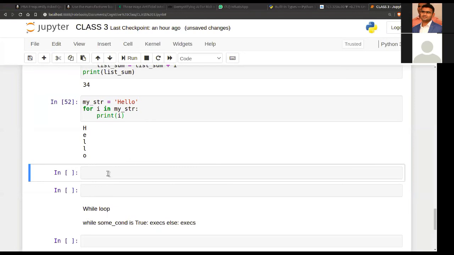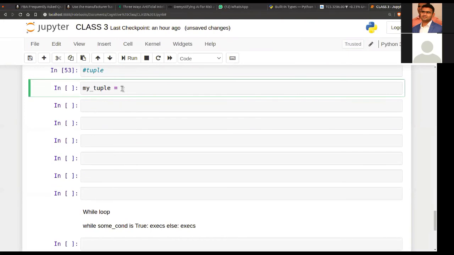Here, suppose I have a tuple, my_tuple, like 45, 356, 96, 74, 33. Okay, fine, I have my tuple.